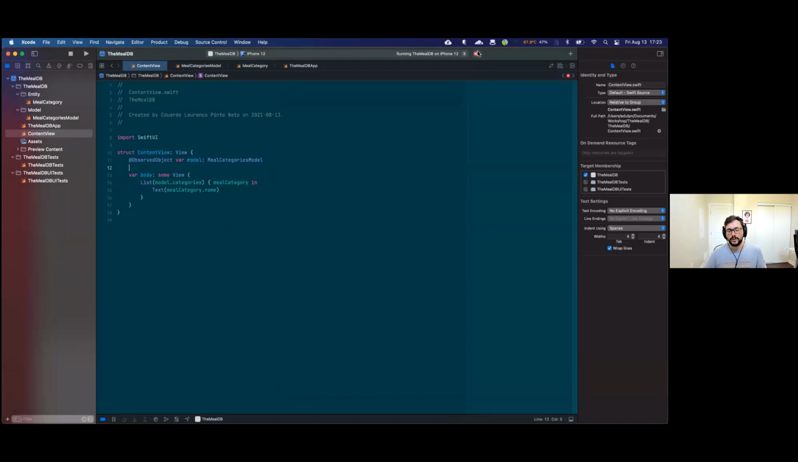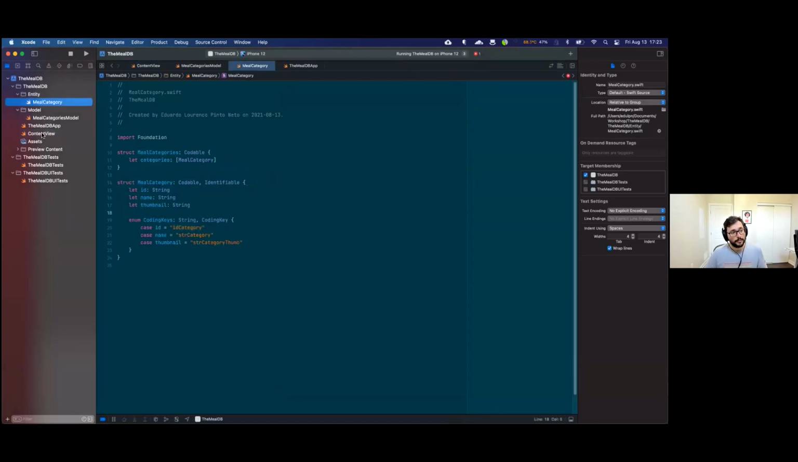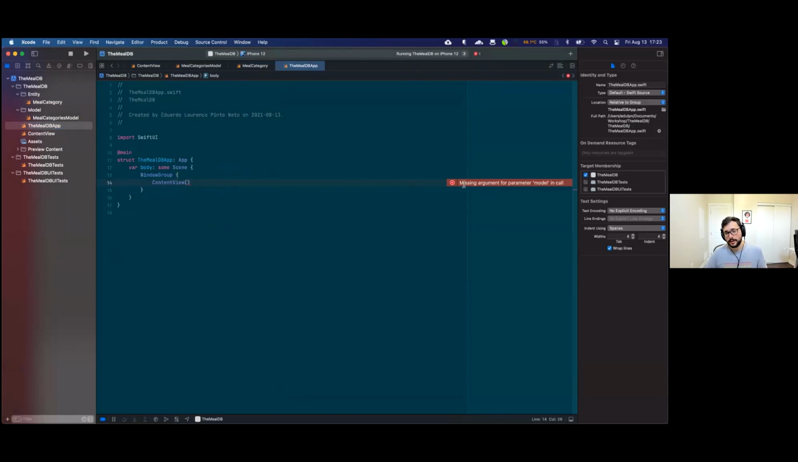Great. We still have an error here because now we're saying that our content view needs to have a model, and in our app here, it's missing. So it wants us to tell what's the model that we're putting inside our content view. So we'll just be doing a meal categories model, a new one, and that's it. We should be able to just run this. And now